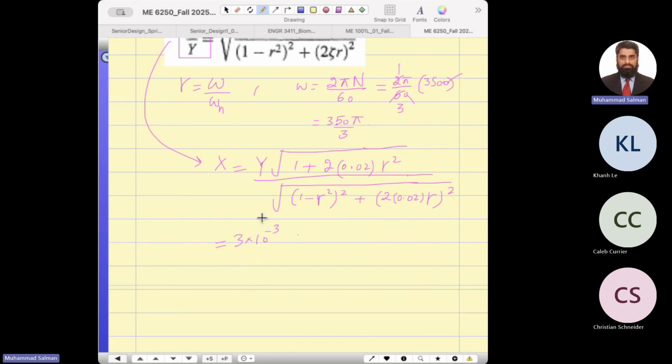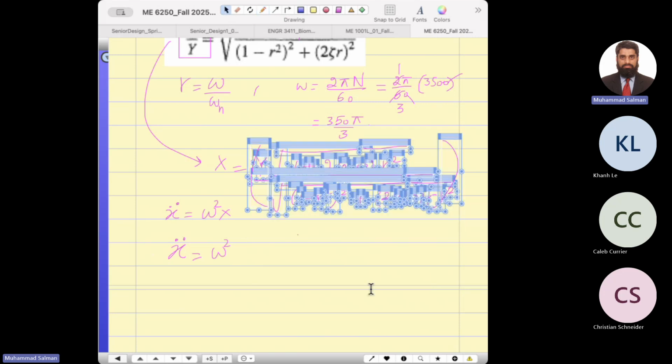Now, what is this? Can I write down acceleration in terms of omega square x? So what is x? X is nothing but this. So can I write down acceleration on the left hand side as omega square